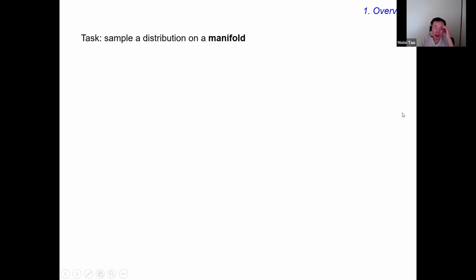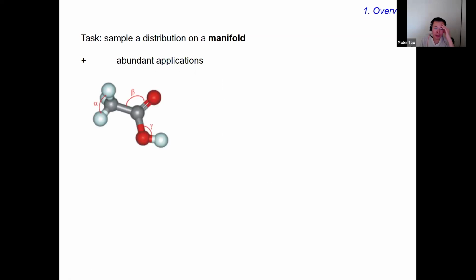And now I want to do the same thing on manifold. Why do I want to sample on manifold? There are a lot of applications. For example, if you care about physical sciences, a lot of people do statistical mechanics of molecules. And very often molecules are described by reaction coordinates such as bond angles. If you have an angle of 2 pi, it's the same as 0. So you are actually not going to be dealing with configurations in Euclidean space. You are actually having the configuration in a manifold. And if you want to do statistical mechanics, very typically you want to sample from some distribution of the configuration. So that's why you want to do sampling on manifold.